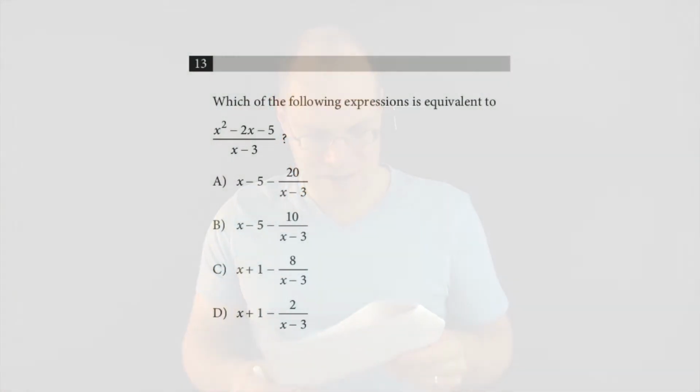Question number 13. Which of the following expressions is equivalent to this ratio of two polynomials, this rational function? And the four multiple choices each represent the result of the division suggested by this fraction. And your first instinct, if you're good at polynomial division, might be to carry out that polynomial division. But in this case, I once again wouldn't do that, and I would resort to the back solve, which I